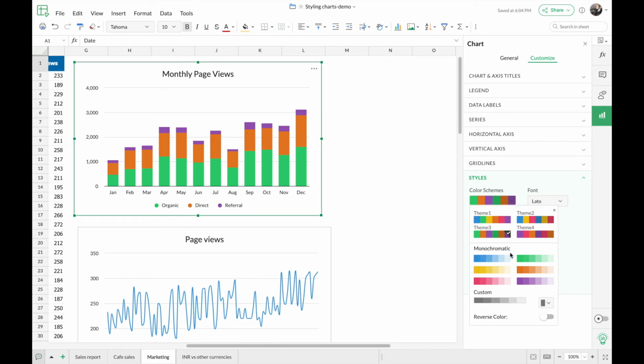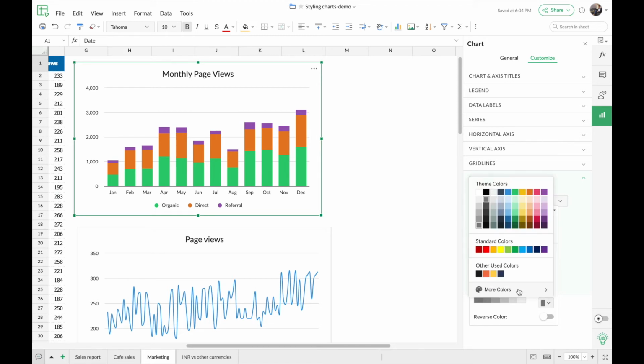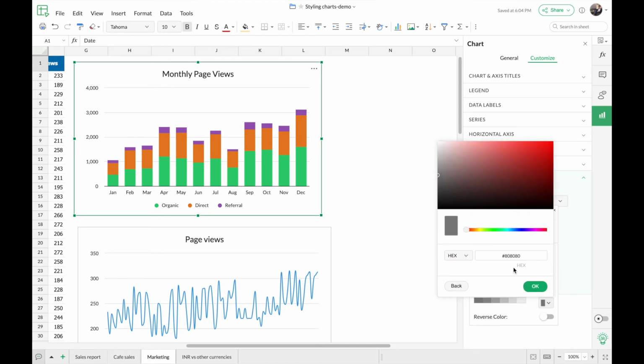You can see the monochrome colors being displayed here as well. And if you do not find your desired color from the palette being shown here, you can go under custom and give your custom color code as well. Here I've given a color code that represents a blue shade.